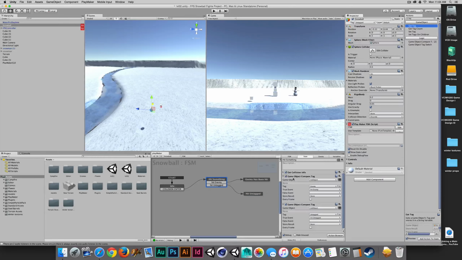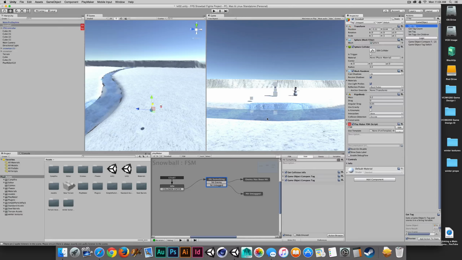Now, I could set up a game object compare tag for player as well, and then just use this exact same object. This ultimately is going to be a prefab, so that my snowman can start lobbing those back at me. And if it hits me, well, it's going to do some damage based on whatever I have the player wired to do. But we'll push that mechanic forward in the next presentation. But for now,